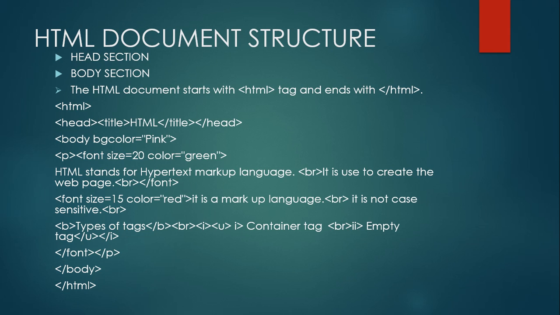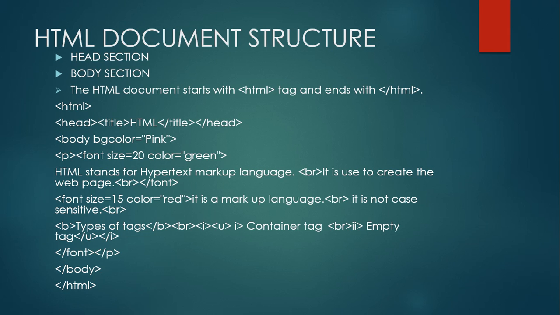In this example, we can see after the HTML, head and title, the text, you can write any text here, then the closing of title and closing of head. This is called the head section, is used to add the heading of the web page. Head and title tag work together. You cannot use it individually anywhere. It is always used before the body tag.